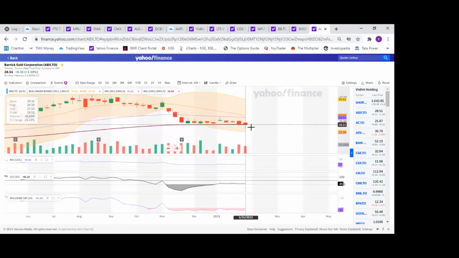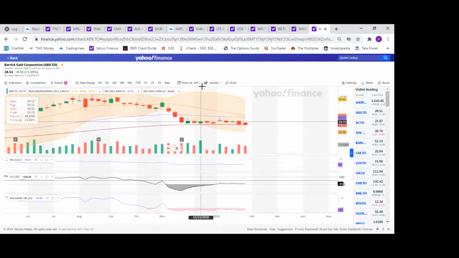The 100-day EMA is holding this stock up. This line over here, the dark blue, the purple line, is the 100-day EMA. Light blue is the 50-day EMA. This orange line is the 20-day EMA, which is the mid Bollinger Band. Now, the 100-day EMA is again acting as a very strong support for Barrick. It is not allowing it to fall further down. Even after the dividend on the 27th of November, it did not fall further down. It is maintaining its position in between the Bollinger Bands.